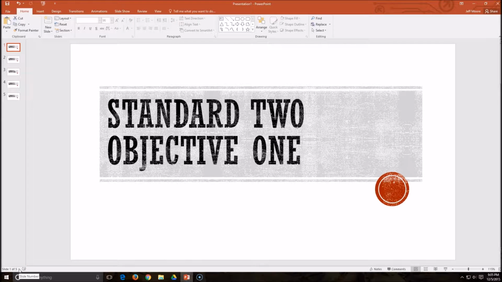Okay, this is Standard 2, Objective 1. There's some things in here we have to do, like understanding and integrating common application functions. So what that means is we're going to be opening, closing some programs, and doing some other things. So I'll be using,